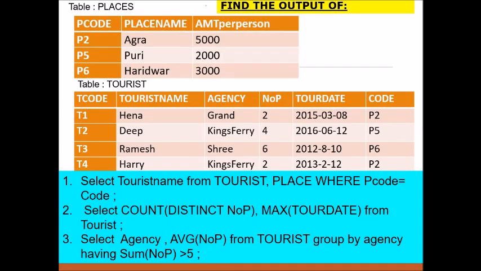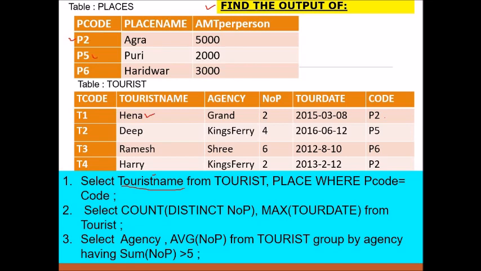Now the next type of question that you get is to find the output. Select tourist name. So this will be the heading displayed from tourist complex where P code is equal to G code. So what you will do is pick up one value from the first table and compare here, and when the condition is matched, then only you'll write the tourist name. So P2 is here, so the tourist name is Hina.